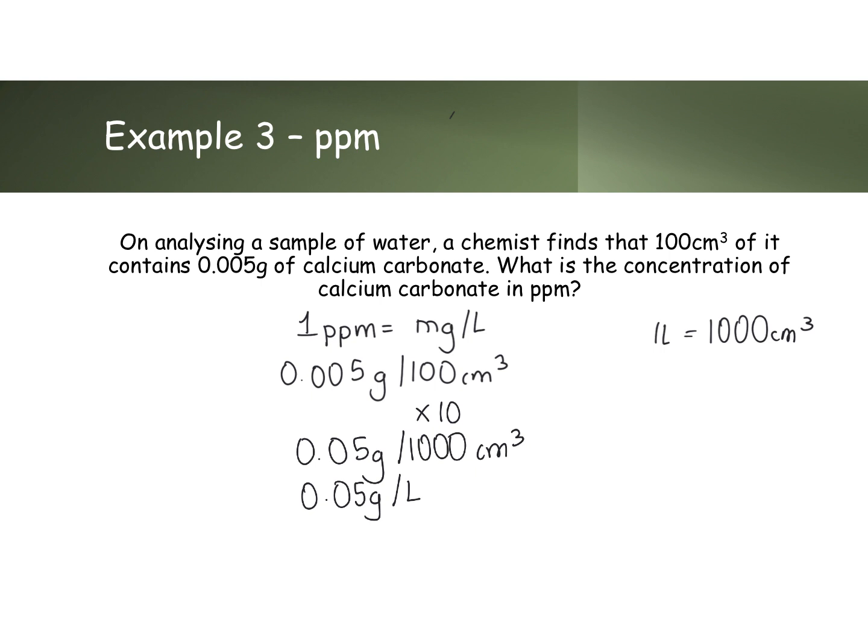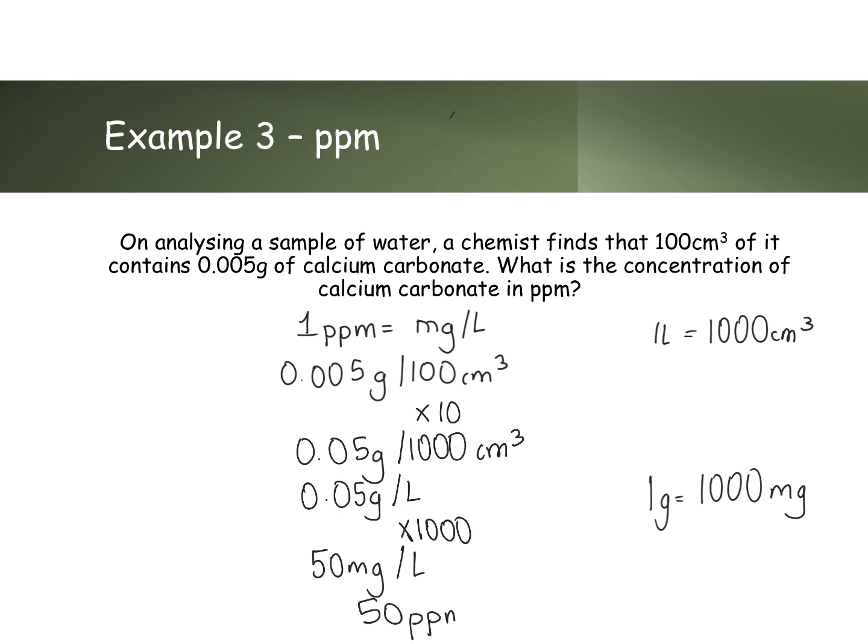So we know that 1 gram is equal to 1,000 milligrams. So to change from gram to milligram, we're going to multiply by 1,000. When we multiply by 1,000, we'll be left with 50 milligrams per litre. 50 milligrams per litre is the same as 50 parts per million. That's the end of example 3,